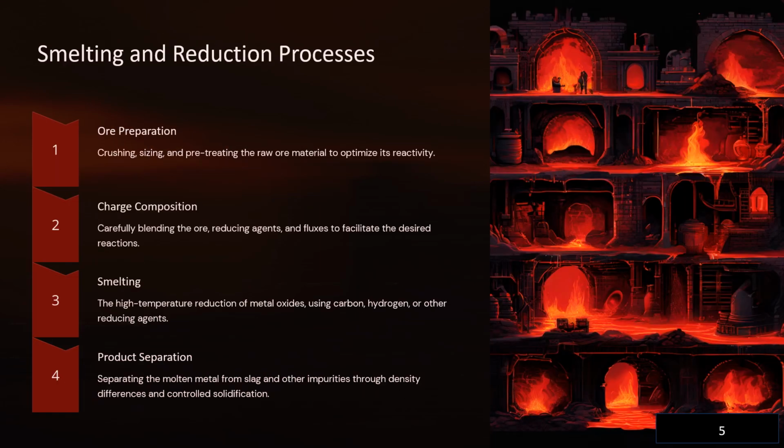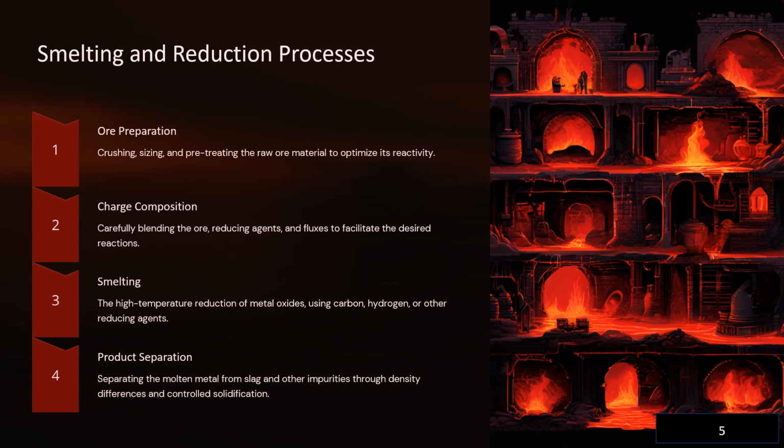Okay, so we then move to smelting and reduction processes. The process includes ore preparation, charge composition, smelting, and product separation. So let me summarize the process. During this process, the ore is crushed. Yeah, the ore is crushed, and after crushing, the ore is melted at high temperatures, and reducing agents or